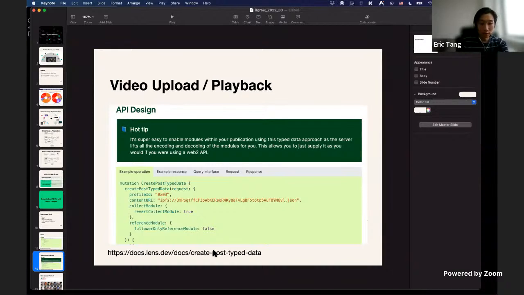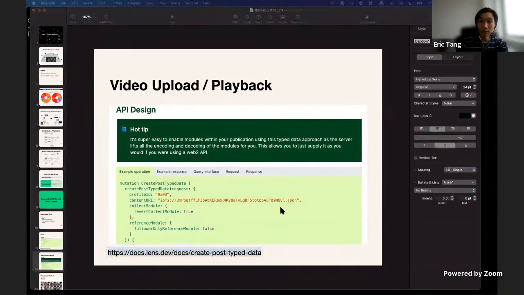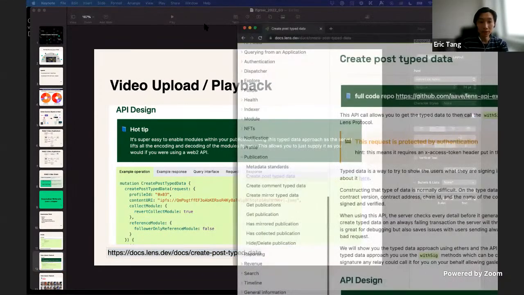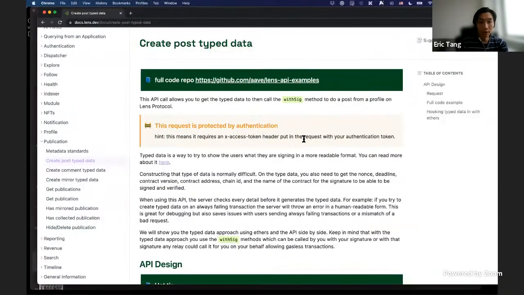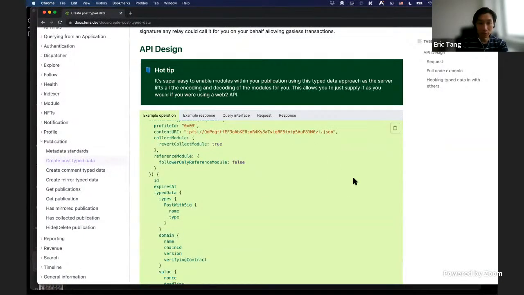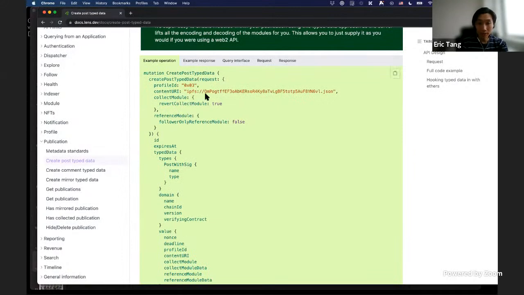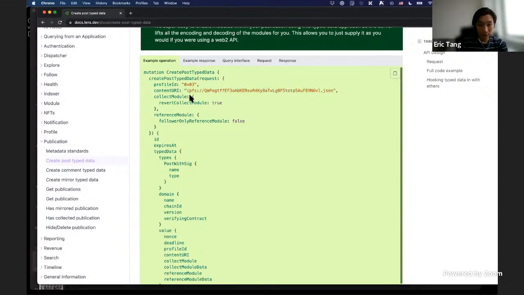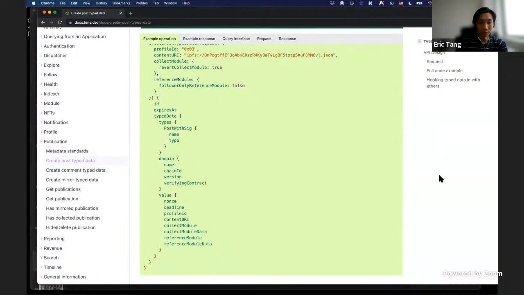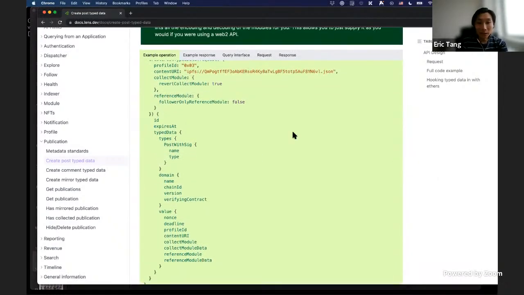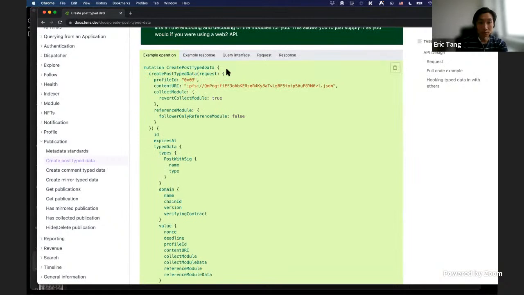Going to this Lens documentation page, we see that each profile can create many posts, and for example, here in the post metadata field, we have this content URL, and that's really what we need in order to specify what the post looks like. And we can have different types of schema stored in these posts.